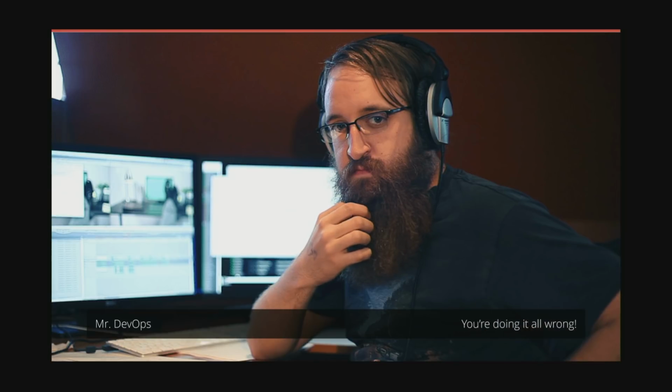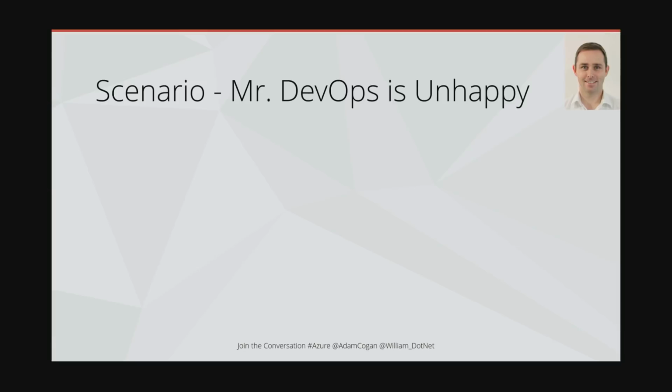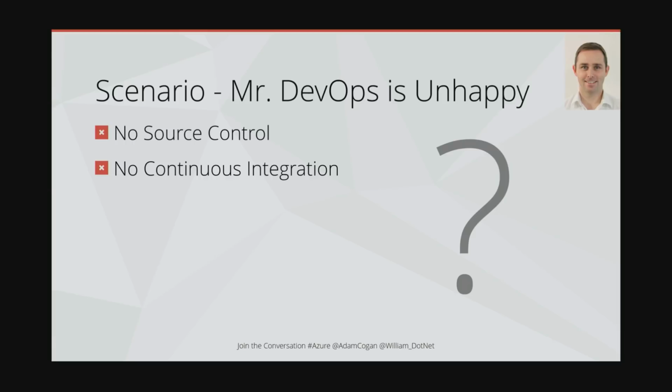What did you just do? And takes the wind right out of Jason's sails. And Jason was feeling so good about himself. All right, what's he upset about? Let's talk about DevOps. Mr. DevOps is really unhappy. He's saying, Jason, you've got no source control, you've got no continuous integration, no continuous delivery,